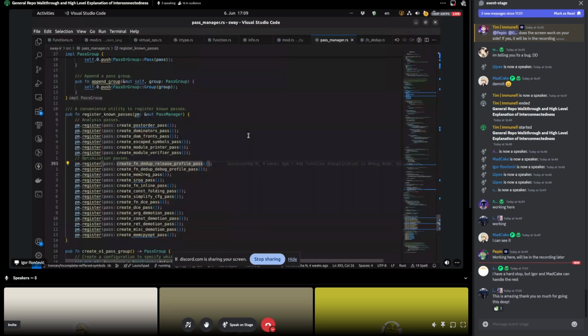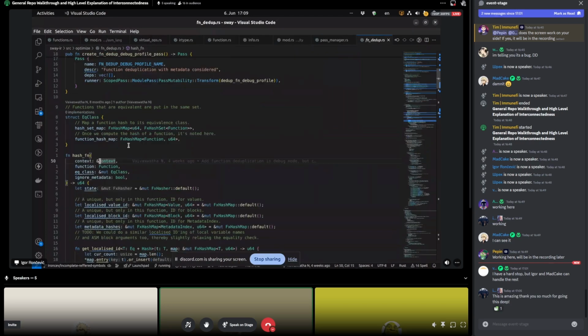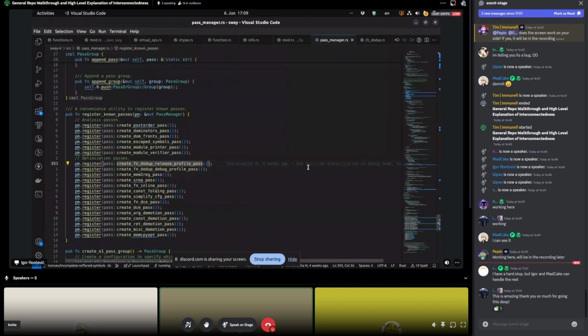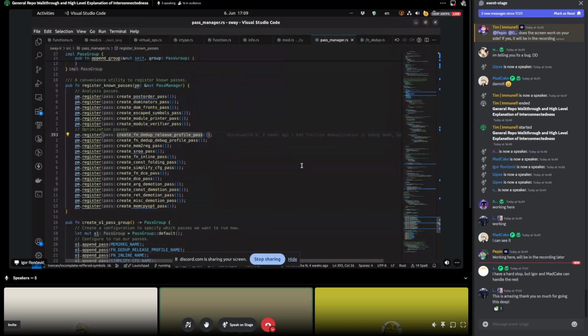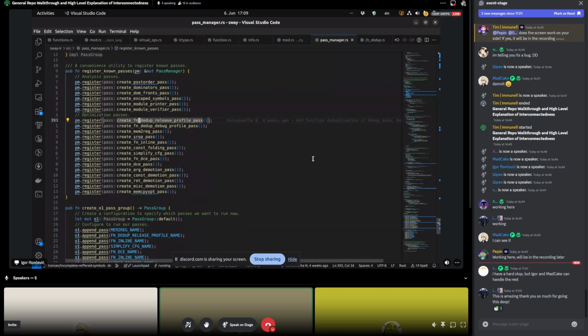Just to go back to the duplication within this context class. And the rest is, of course, going through the IR, recognizing patterns, trying to see what can be optimized, and so on and so on. The pass manager also holds the group to do all passes. So this is a good entry point to see what kind of optimizations we have and how they are organized and so on. And then finally, once we come to the final IR, to the optimized IR,